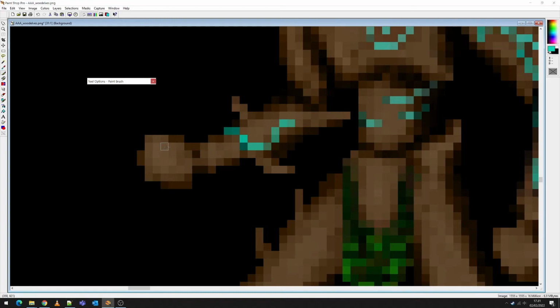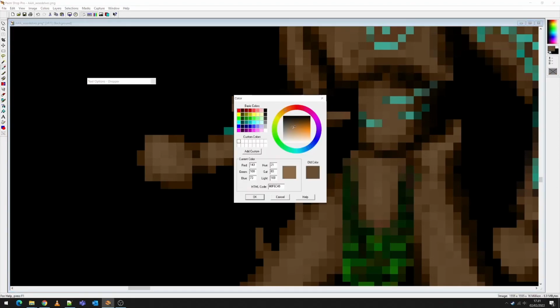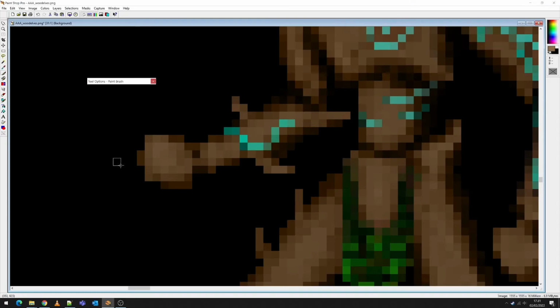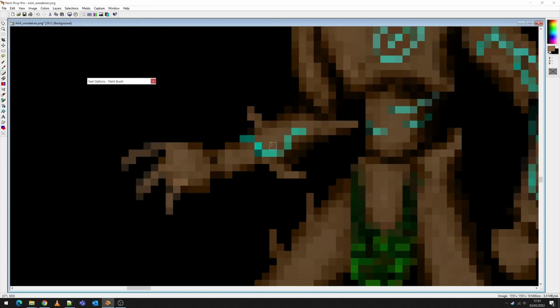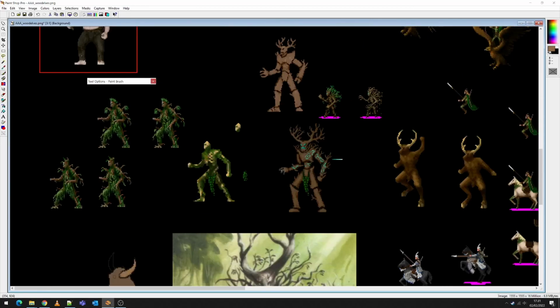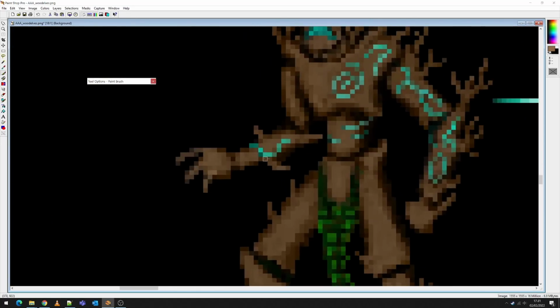What are we going to do about this hand? I want this to kind of be a claw that a load of tendrils comes out of. So let's just take a really nice light color and think about how this could be kind of coming up. Maybe if we've got it kind of like a claw like this, right? And then when he,